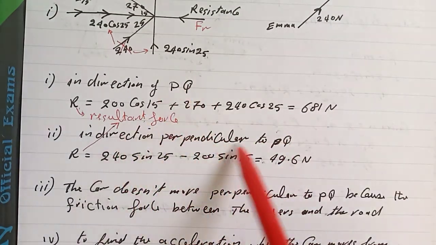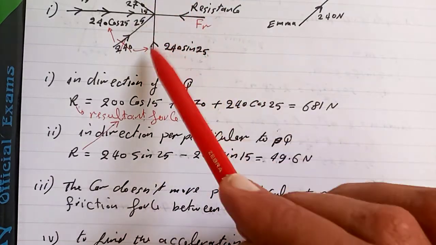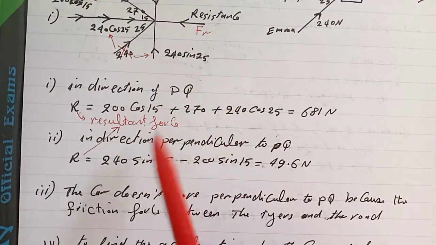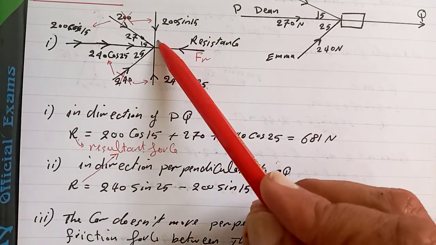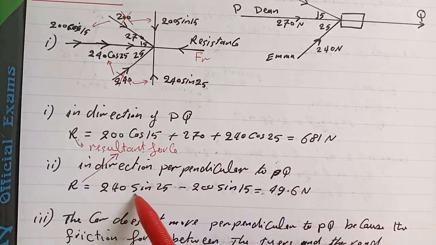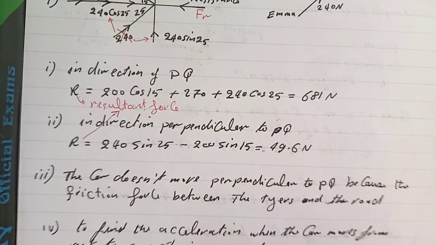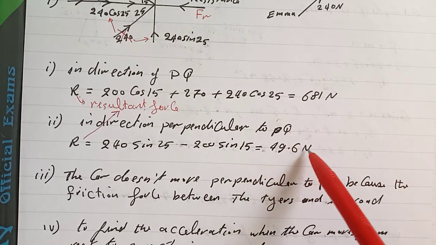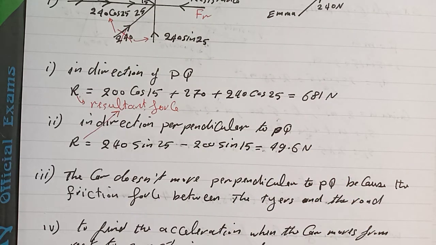In the direction perpendicular to PQ, it will be this force and this force. One is against the other. What's the positive direction? The positive direction is this, up. You have 240 sine 25 minus 200 sine 15, which is 49.6 Newton. This number I and double I. In number triple I,